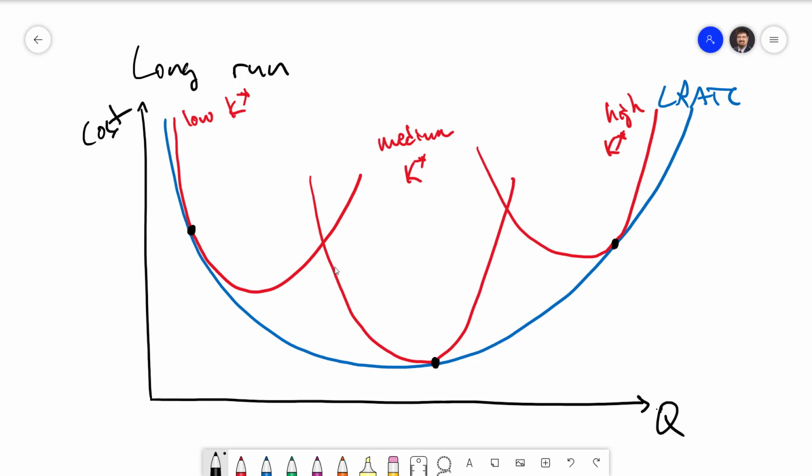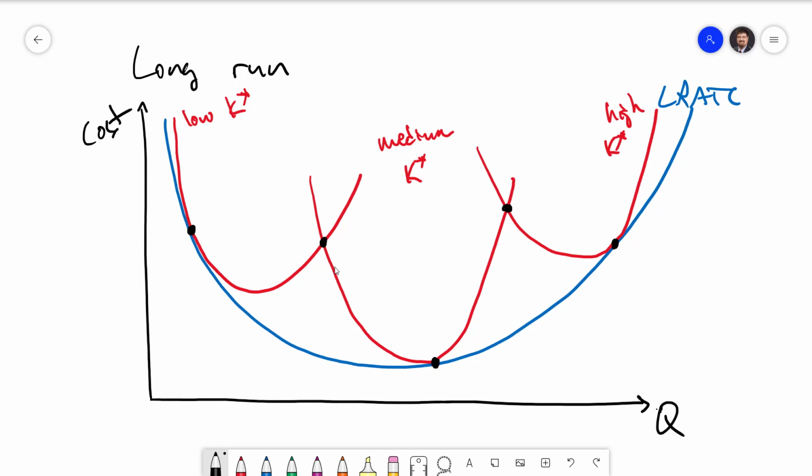curve. Once we move away from that quantity in the short run, it becomes less efficient than it would be in the long run because we're no longer using the cost minimizing amount of capital for our chosen level of output. With our low amount of capital, we eventually get a high enough amount of output where it would be worth it to have had the medium amount of capital. And as quantity goes up from there, it eventually becomes worth it to use the high amount of capital. And these are only 3 examples. You can imagine an infinite number of these short-run average total cost curves sitting there inside the long-run average total